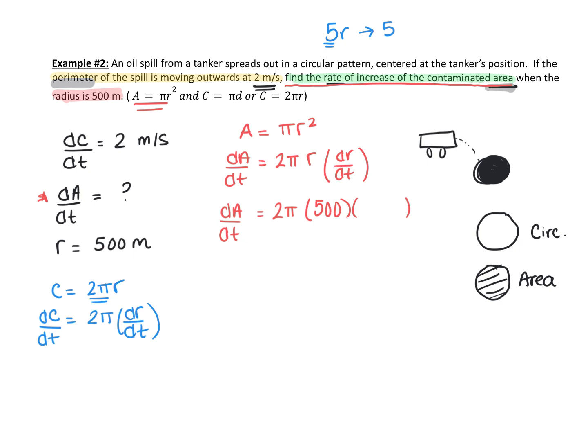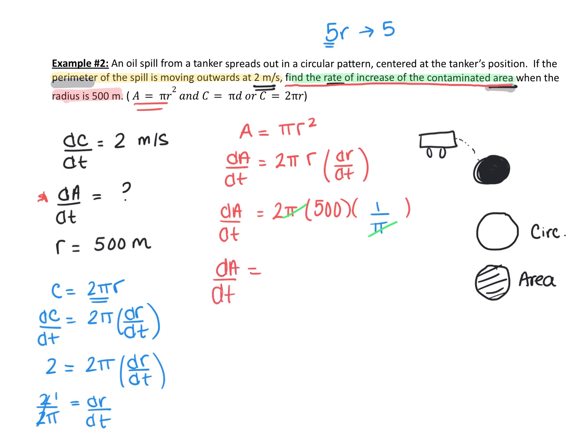Since I have dC/dt, the change in circumference, is 2, I can put that here. Then 2 pi and dr/dt. To solve for dr/dt, I'm just going to divide both sides by 2 pi. The 2's can cancel, so we're just left with 1 over pi. It's in your best interest to leave it in this form and not make it a decimal, because watch, bottom pi with top pi can cancel. So my dA/dt